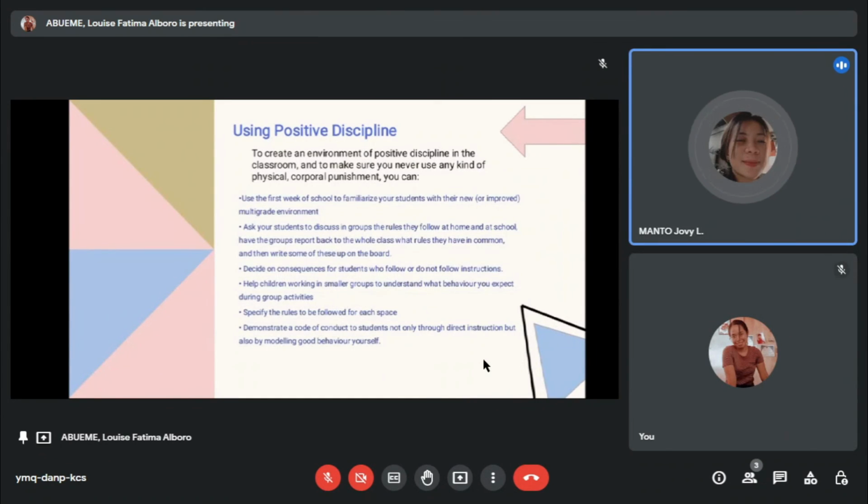Then specify the rules to be followed for each space. So in this part means to give specific rules. For example, if you have created a reading corner, then explain to your students that they must be quiet and not to talk when they are in that space. Okay? So then lastly, demonstrate a code of conduct to students not only through direct instruction, but also by modeling